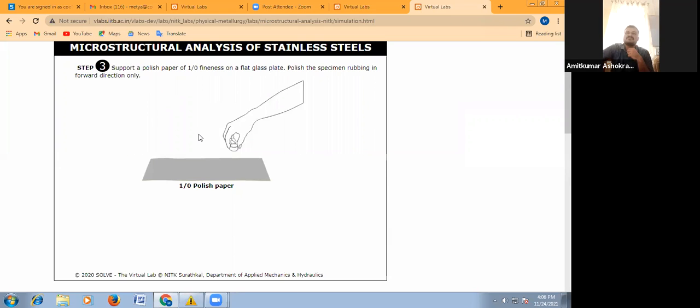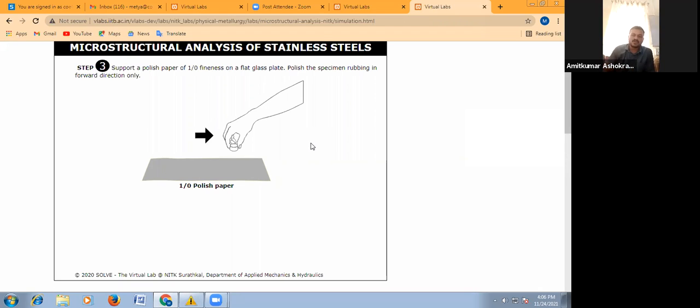Now the next step is polishing. Now this polishing is divided in two types, that is rough polishing and fine polishing. What is the difference between rough polishing and fine polishing? A rough polishing will be done with the help of polishing papers, or abrasive papers, we are going to use. And in those abrasive papers, abrasive particles of different sizes will be there, and we have to start with the rough papers first. Initially we will go through the rough papers.